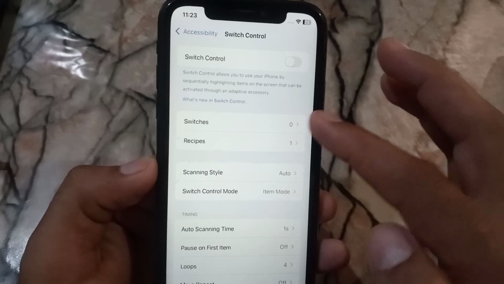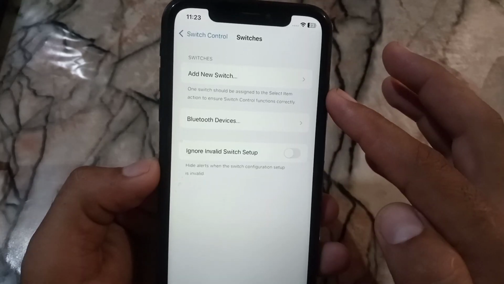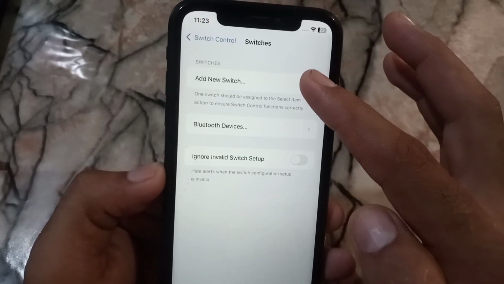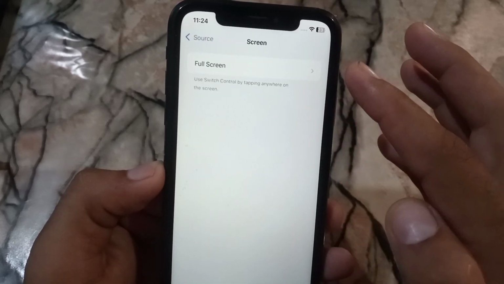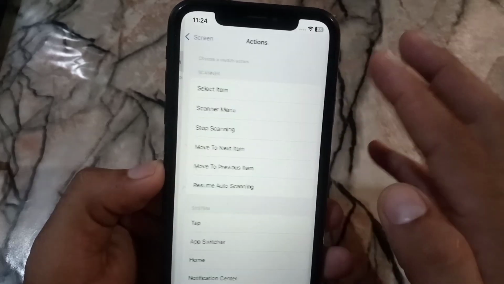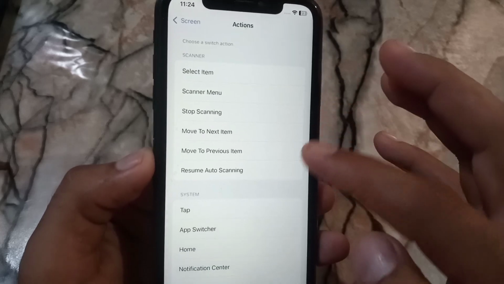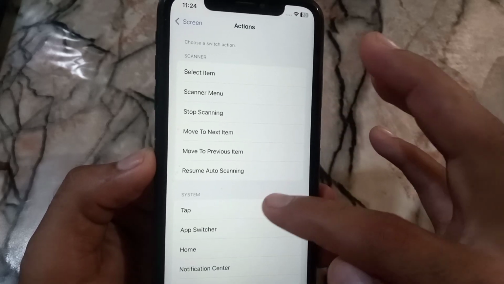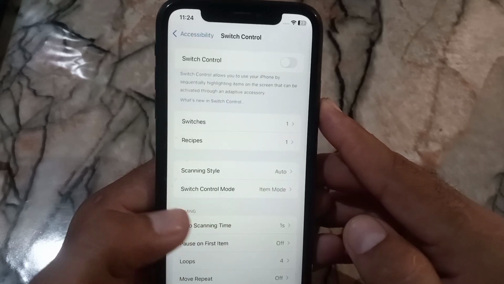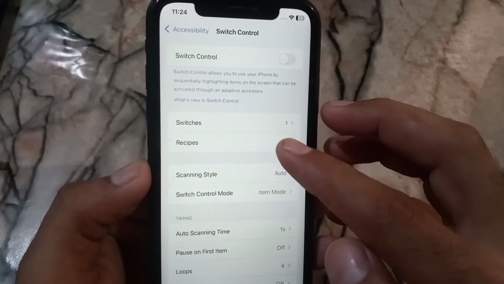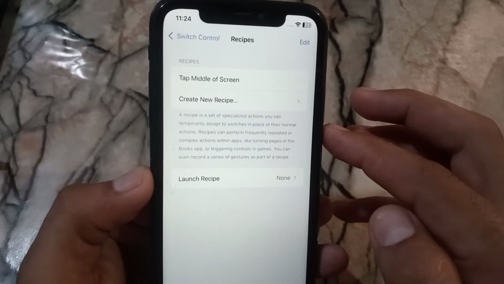And tap on Switches. Now tap on Add New Switch, tap on Screen and Full Screen, and here's the option, simply tap on Tap. And now guys, go back from here. Now tap on Recipes, tap on Create New Recipe,